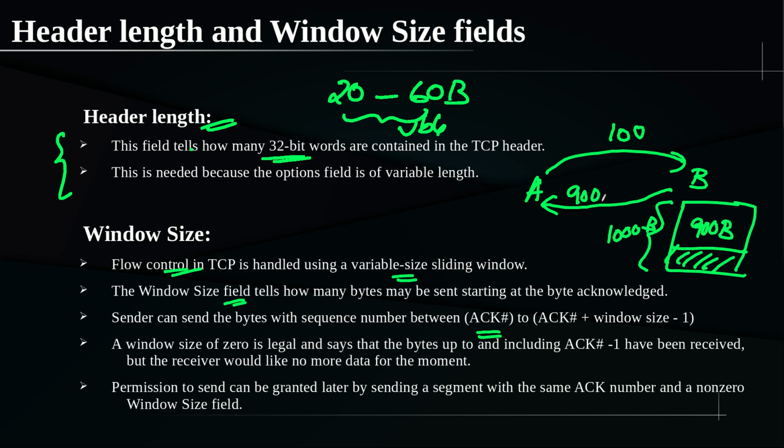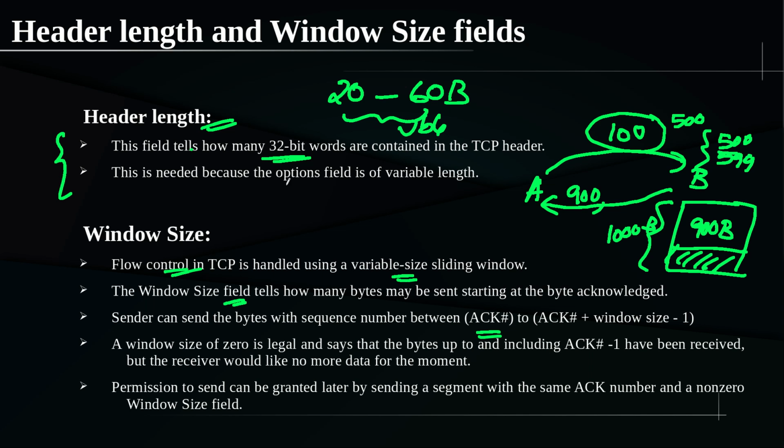And also some acknowledgement number. These 100 bytes were sent by A to B, and suppose the sequence number starts from 500, right? So at the receiver side it received sequence numbers from 500 to 599 because of 100 bytes. As it is starting from 500, the sequence numbers range from 500 to 599. So what is the next expected sequence number? It is 600, right? So that is the acknowledgement number. Hope you get the idea.